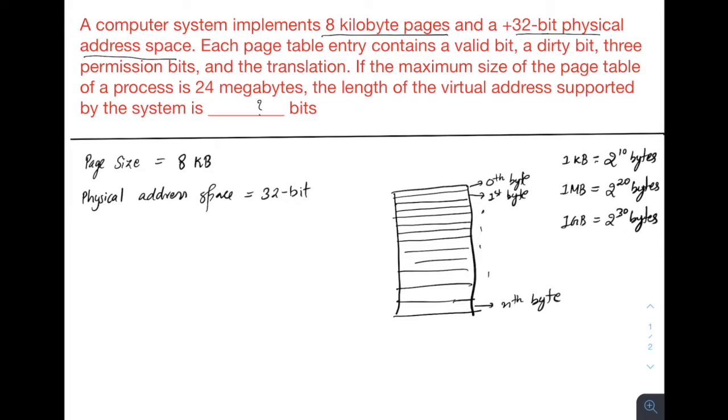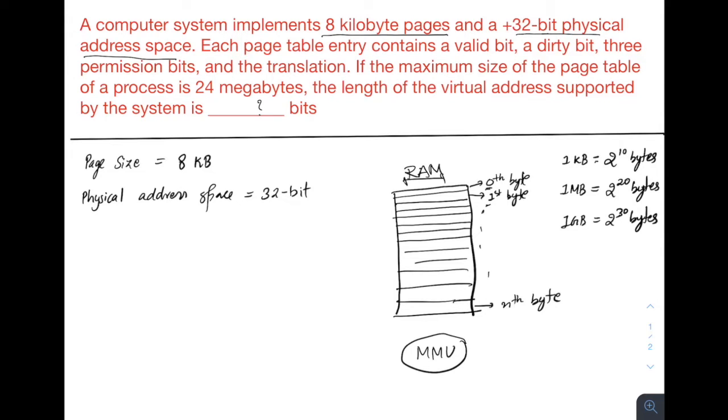Now, from this we know the physical address space is 32-bit. This is also some address. Normally in the kernel these will be hexadecimal, but here I am just using decimals for the example so it will be very easy to understand. This one is the 0th byte, this is the first byte. The MMU, the memory management unit, finally translates the logical address into a physical address and stores the physical address in a register. Because this is RAM, these are the physical addresses 0, 1, 2, 3, 4 till the nth byte.